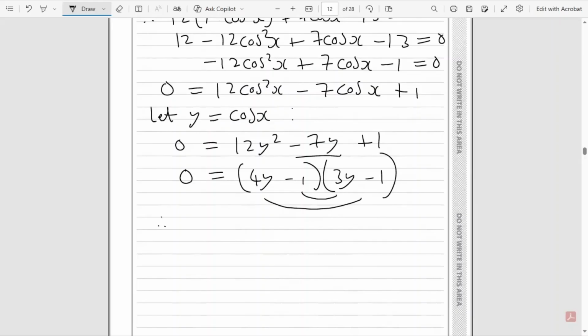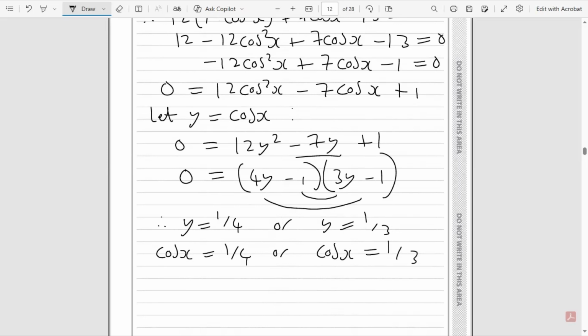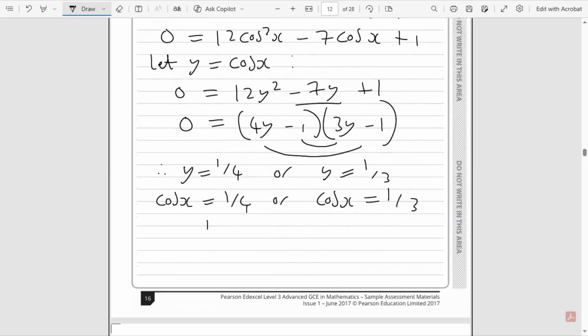So therefore, this clearly means that y is equal to 1/4 or y is equal to 1/3, just by setting both factors equal to 0 and rearranging. Hopefully that makes sense. So this means that cos x is equal to 1/4 or cos x is equal to 1/3. Perfect. I'll just call this equation 1. I'll call that equation 2. So using the first equation, if we do cos inverse of 1/4, I just go to the calculator and work this out. Cos inverse of 1/4 is